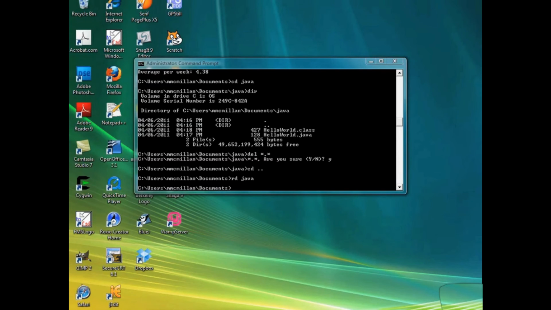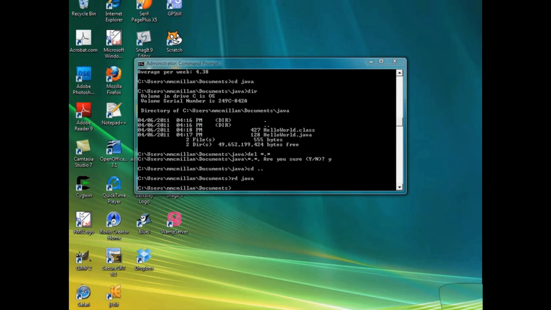In this chapter, we're going to introduce Java programming by writing the first program that most programmers write in a language, a program that displays Hello World on the screen. In this first lesson, we're going to see how to enter the program into the text editor. That's our first step. The first thing we want to do is open up a DOS prompt,